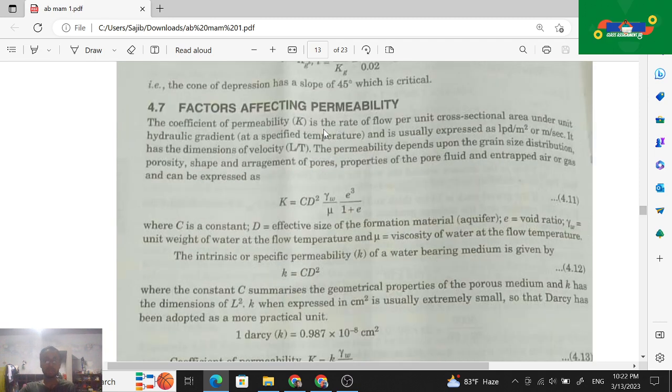The coefficient of permeability is the rate of flow per unit cross sectional area under unit hydraulic gradient at a specified temperature, and is usually expressed as 1 pd per meter square or meter per second, and it has dimensions of velocity L by T, and the permeability depends upon the grain size distribution, porosity, shape and arrangement of the pores, and properties of the pore fluid and